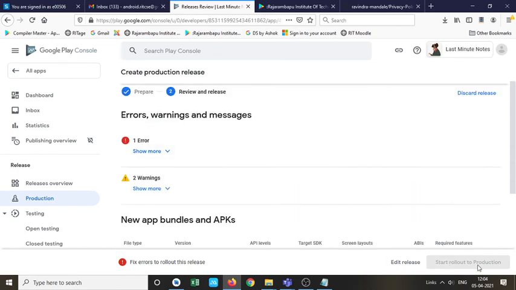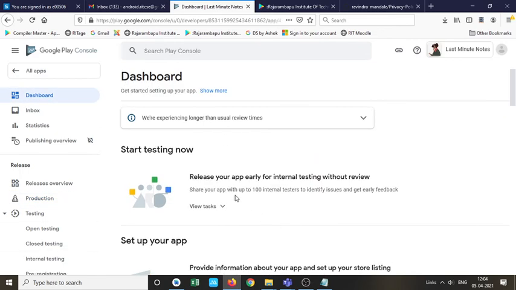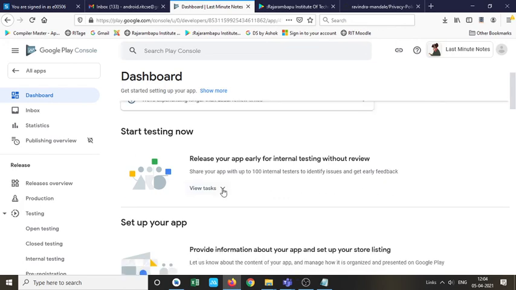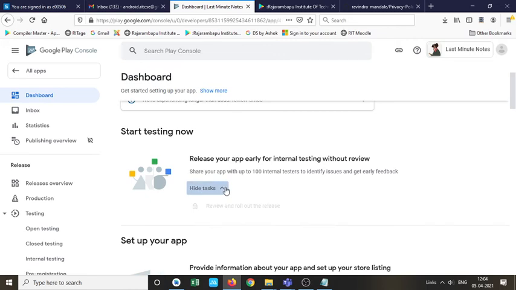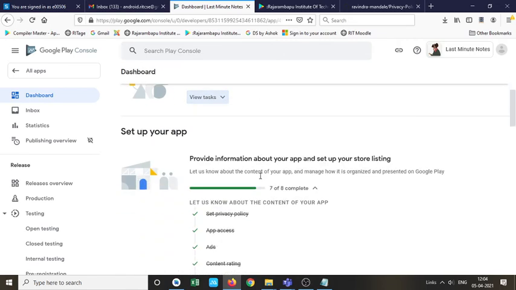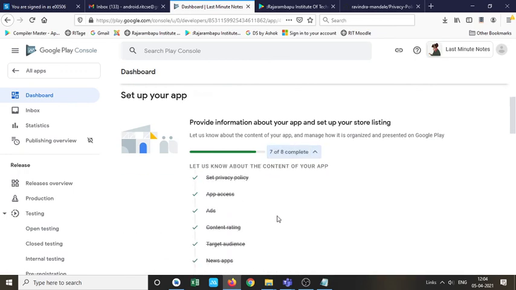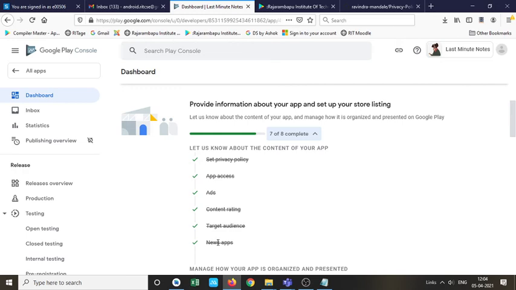This is the last step, start rollout to production. So let me check. Your app cannot be published yet. Complete the steps listed on the dashboard. So let me check. Release your app early for internal testing without review. Select your app. One step is missing. Which one is missing?